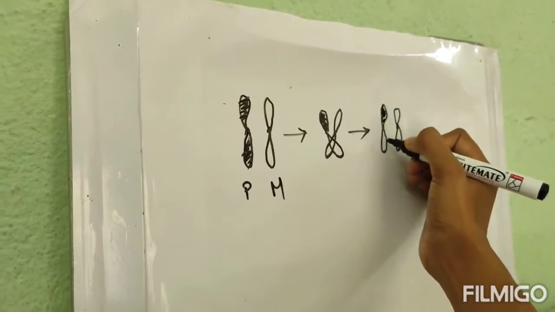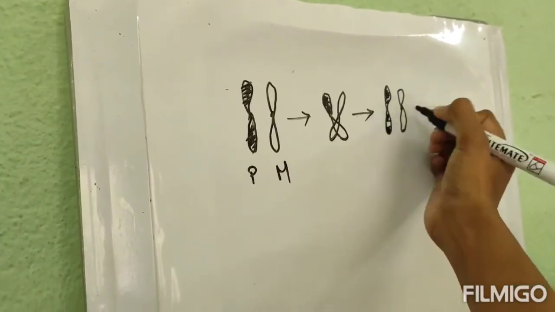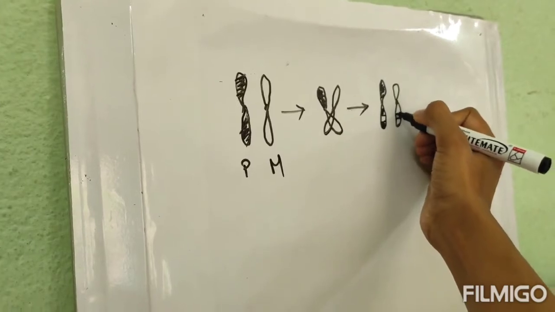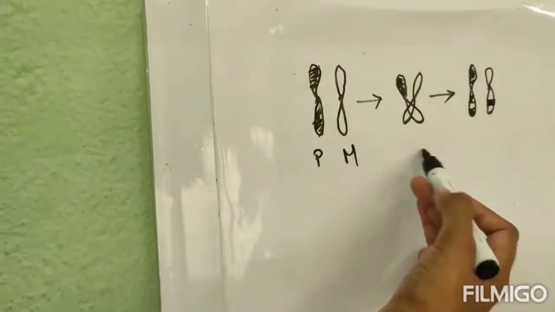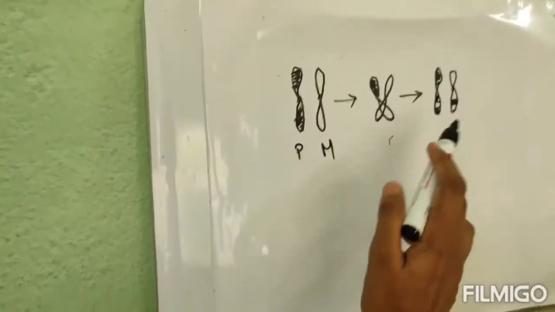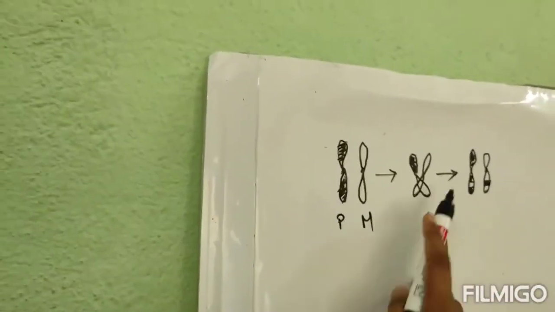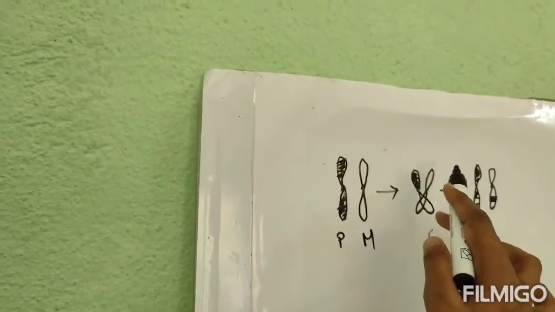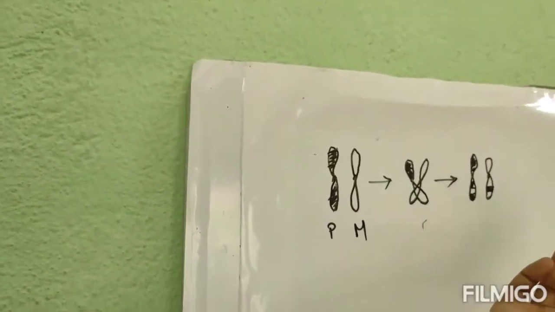So the next process will be the paternal and the maternal chromosomes being mixed. This is the paternal, and over here this is the maternal. So see, intermixing of the characters. In order to intermix the characters, these chromosomes must form an X-like structure. As you can see, X-like structure. This X-like structure is called the chiasma. Understood?